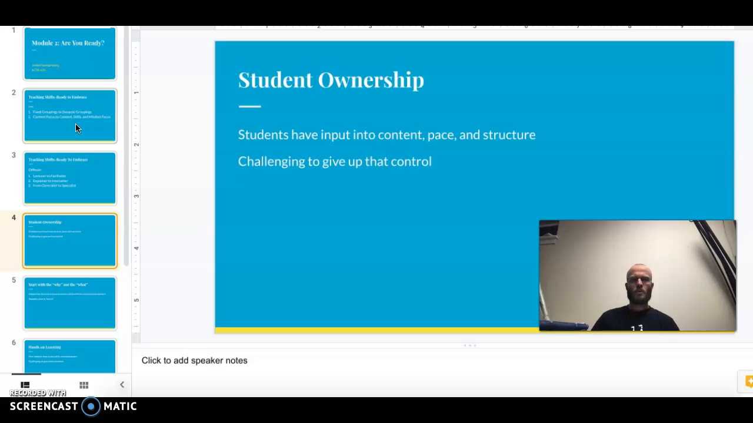From there, we went into the readings and identified a couple of things as we look at the whole blended learning shift in our classrooms. The first one that I pulled out from the readings is student ownership, and a couple of things I wanted to point out were the ownership, where it talks about students having input into content, pace, and structure. And again, for me, I would find that a little bit challenging, giving up that control,